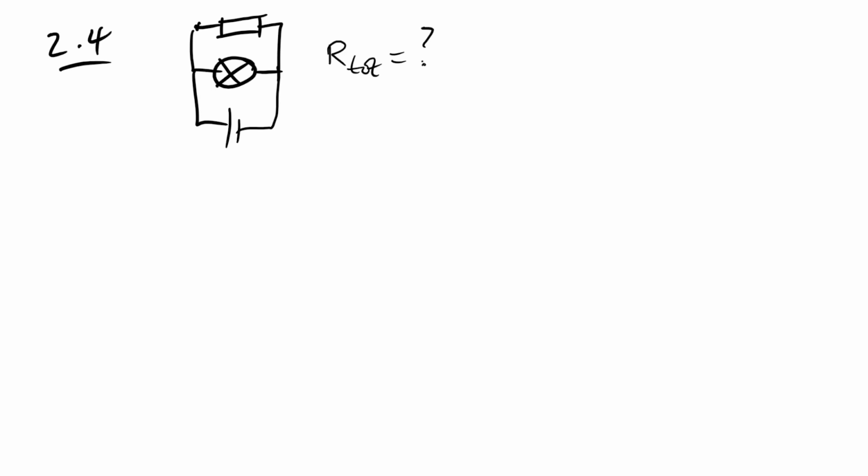Now we're told that they're attached in parallel. So what's the total resistance going to be? Well, as per usual, we're just going to use V equals IR. Don't forget that all of electricity just comes down to Ohm's law. It just depends what you're using it for. Are you using it for an individual component, a combination of components, or the whole circuit? Well, in our case, we're going to be using it for the whole circuit.